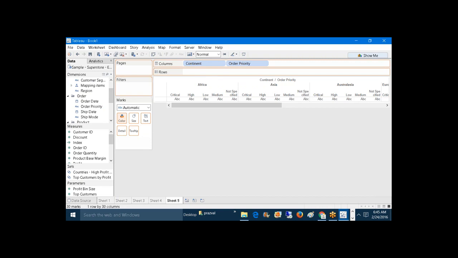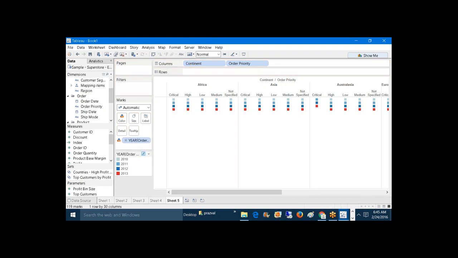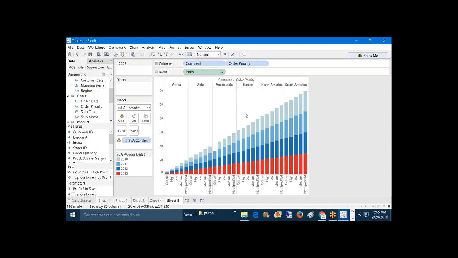Drag order priority and drop it into color, every year based on profits. So how to compute the index? As we want it on every continent,